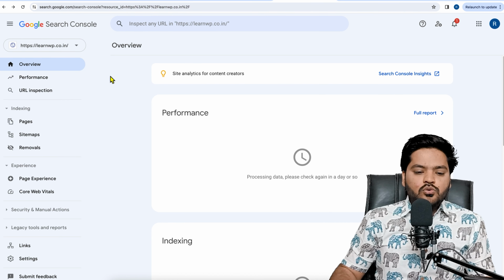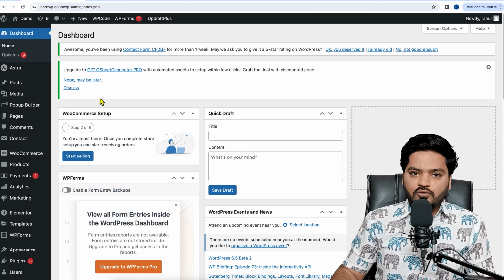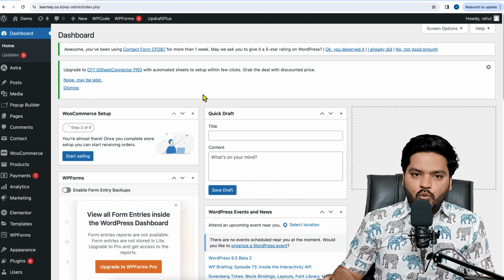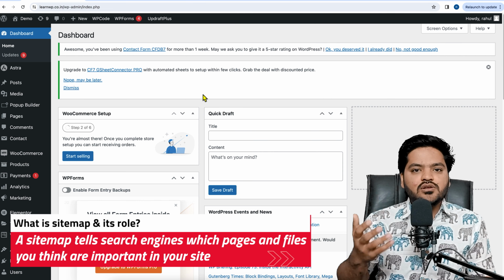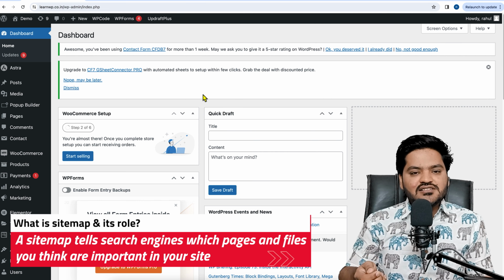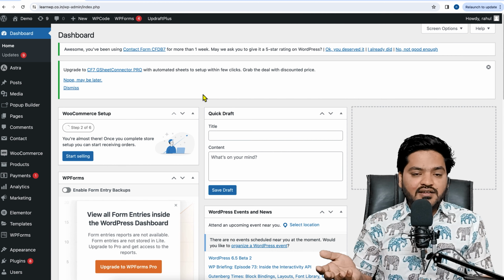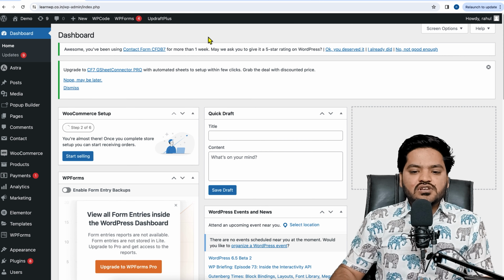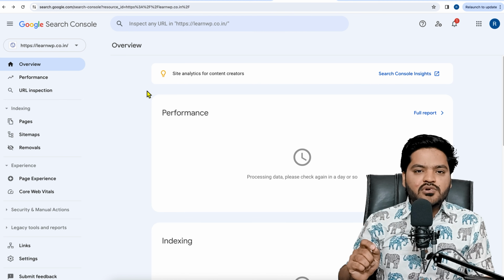Now, in order to make your website visible in the search engine result pages, you need to create a sitemap of your WordPress website and then submit it into the Google Search Console. What is a sitemap? Sitemap, as the name suggests, is the structure or hierarchy of your website, which tells how many pages there are, which kind of pages, which kind of category pages, and everything regarding your website. And once you create it and submit it in the Google Search Console, then Googlebot is able to detect the number of pages,